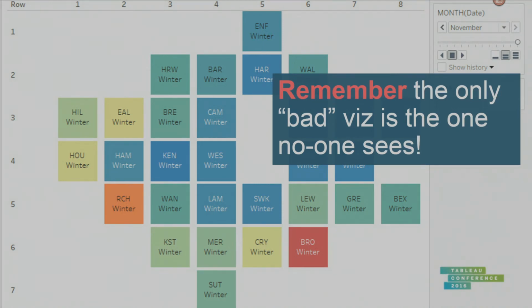moving around London. So I know the community can sometimes seem a little bit intimidating, but there's no such thing as a bad viz. There's only a viz that nobody sees. And that's a missed opportunity for you for feedback and engaging with people around visualization and around data. So get them out there. Don't be like me.